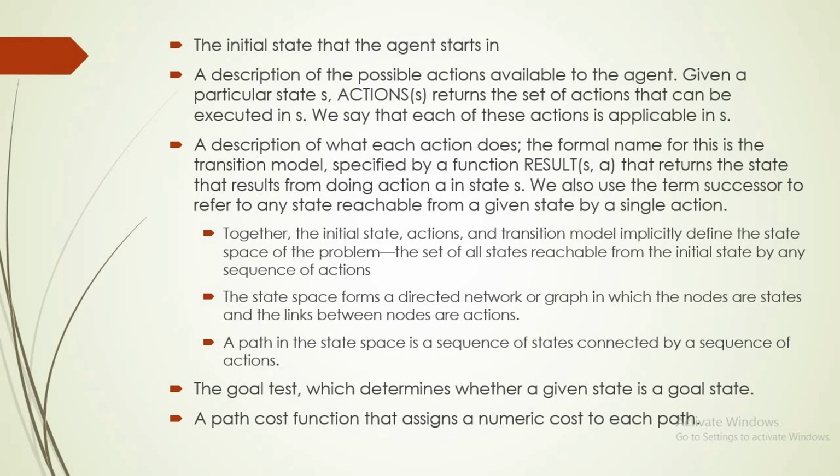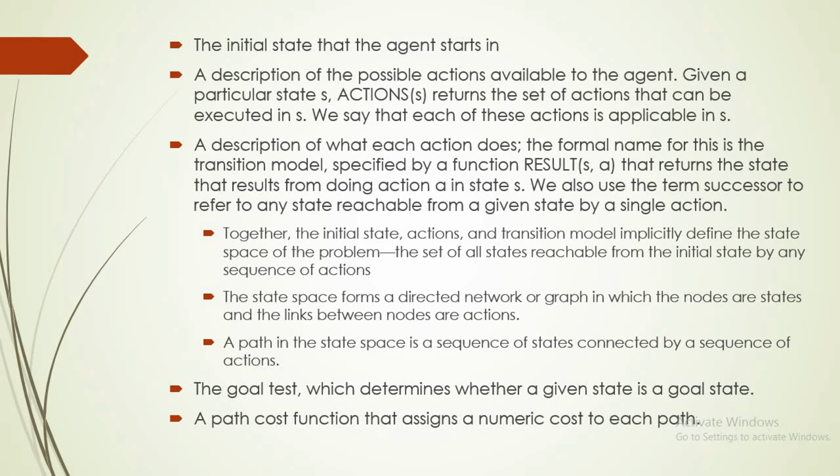So that's the second one. It's a description of the possible actions available to the agent. We might have many. Then the third one is a description of what each action does. The formal name for this is the transition model. The transition model is the name given to describe what happens as the agent transits or moves from one state to another. It's specified by the function Result, whereby S is a particular state,